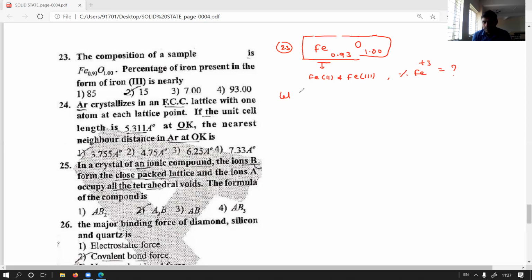Multiply 0.93 with 100 and 1 with 100, that means 93 iron atoms are present in Fe 0.93 O. If iron atoms are 93, then 100 oxygen atoms are present. So out of